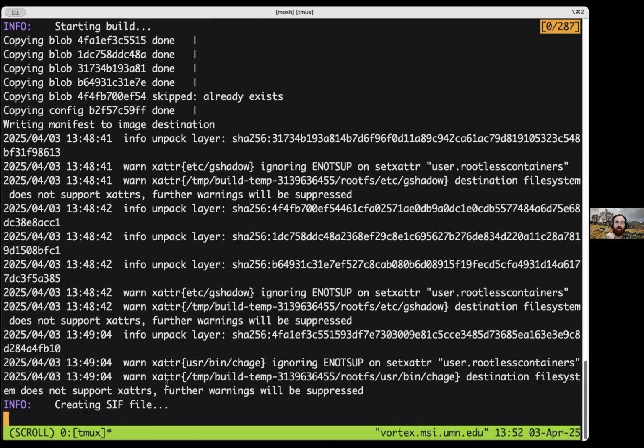And so this CIF file is being written to my home directory, which exists on the network storage appliance that MSI uses to provide home directories. This is reasonably fast under most circumstances,